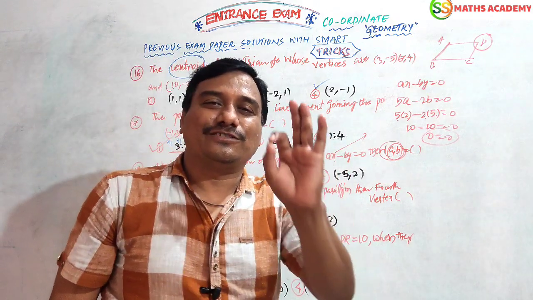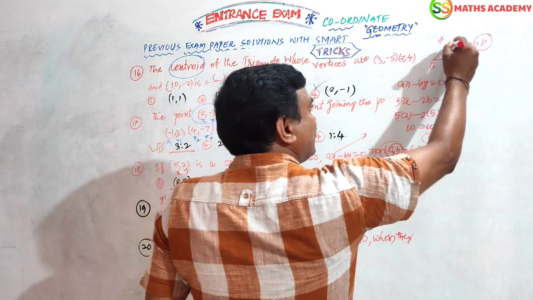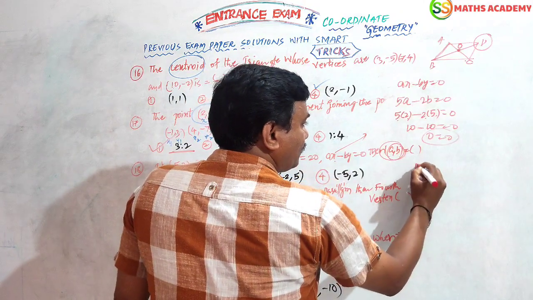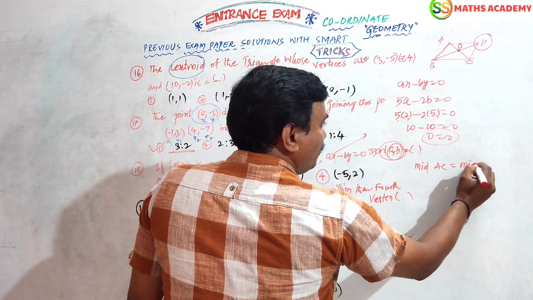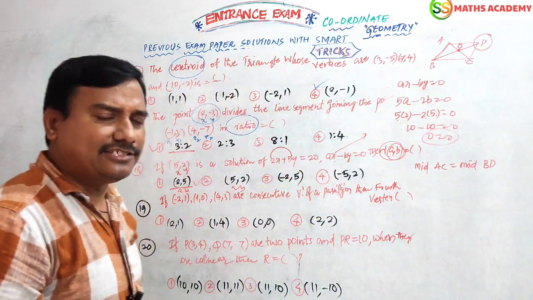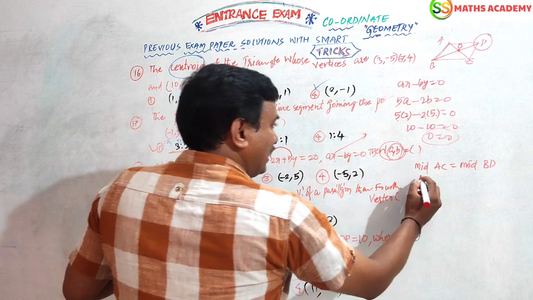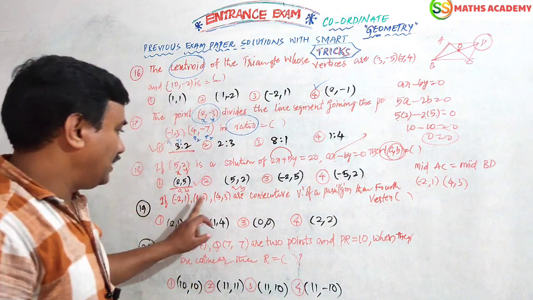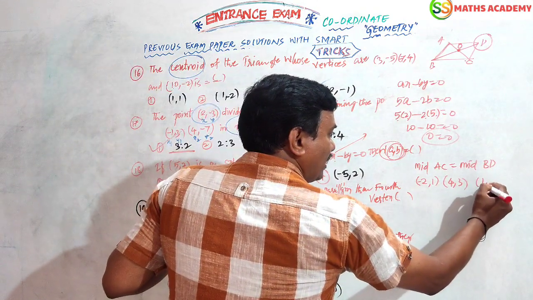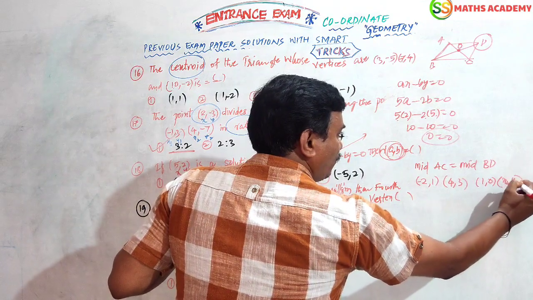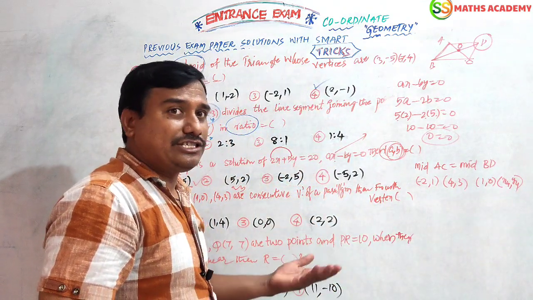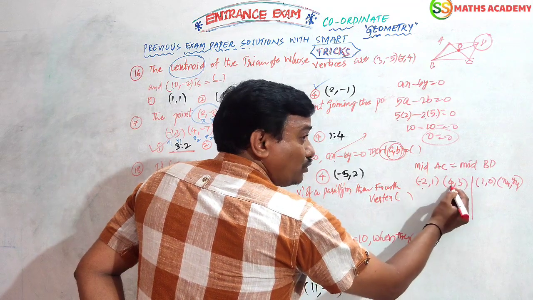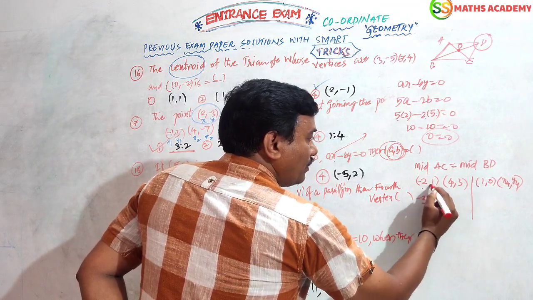In this case, we should follow the beautiful technique, an easy method. These two diagonals intersect at O. So the midpoint of AC is equal to the midpoint of BD. We have to do that, and we will get the answer. First write AC: A value (-2, 1), C value (4, 3). B value, the second point, (1, 0). D value we don't know now: (x4, y4), because it is the fourth vertex. So we have to do (x1 plus x2) by 2, that is (-2 plus 4) by 2, and (y1 plus y2) by 2.